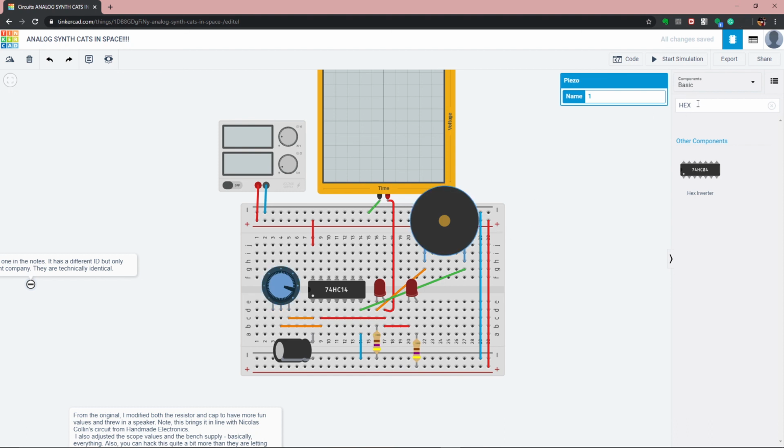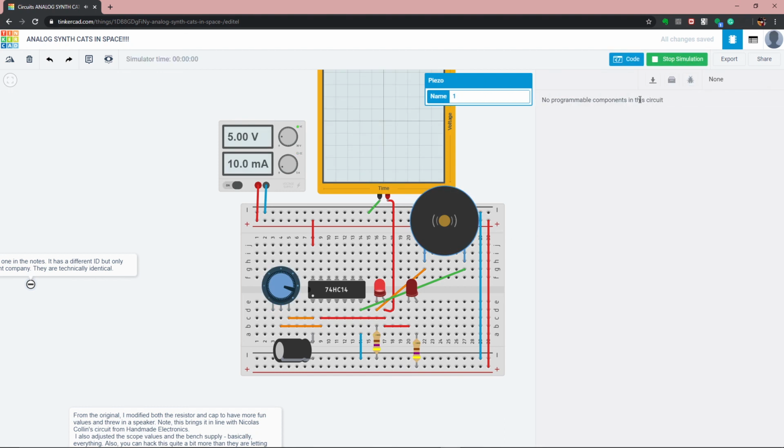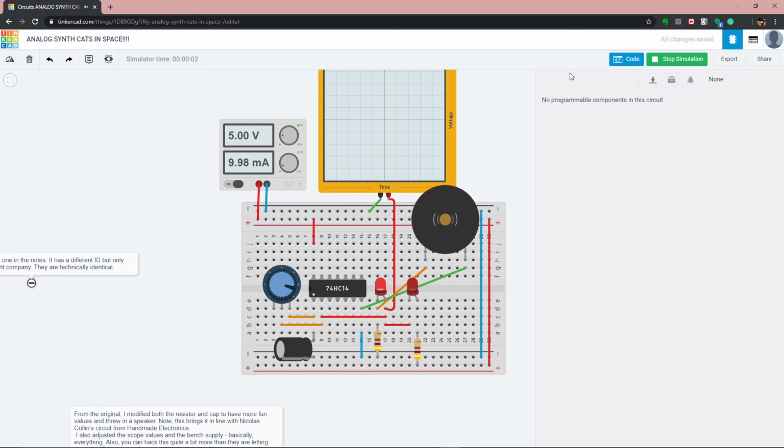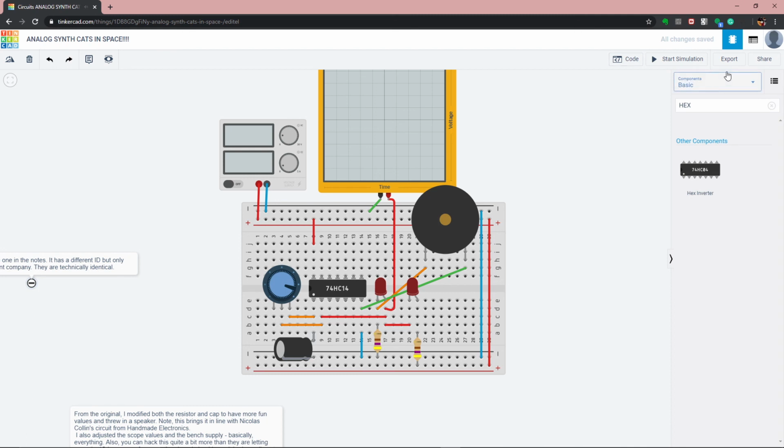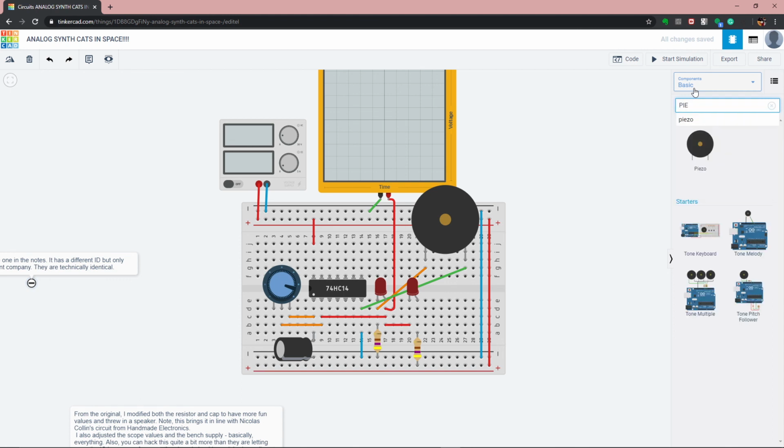To find this part, just search for speaker or sound. Whoops. Let me stop simulation and go back. If this happens, you can just close code view and search for, I think it's just, you may have to search for piezo. Let's see. There it is. So you're going to need to search for piezo to find this lovely part instead of speaker. So